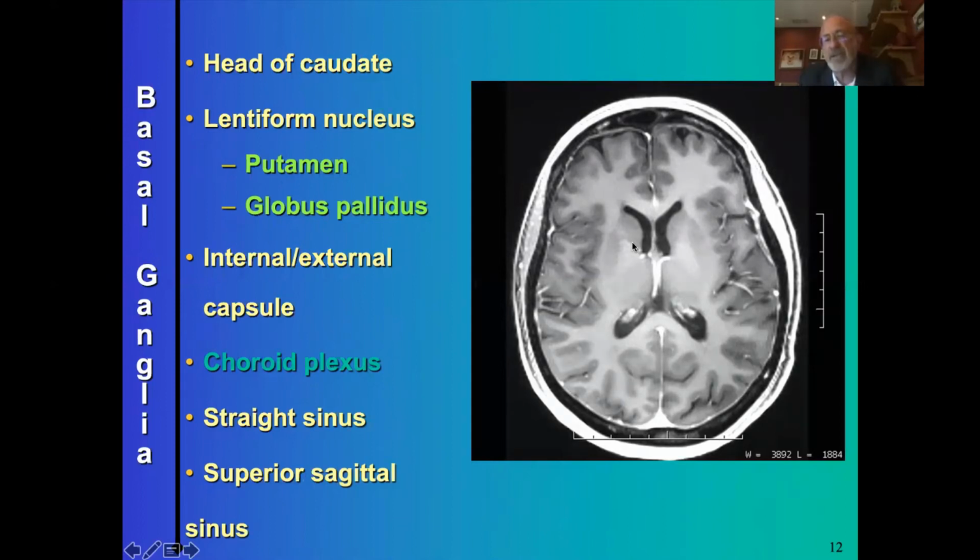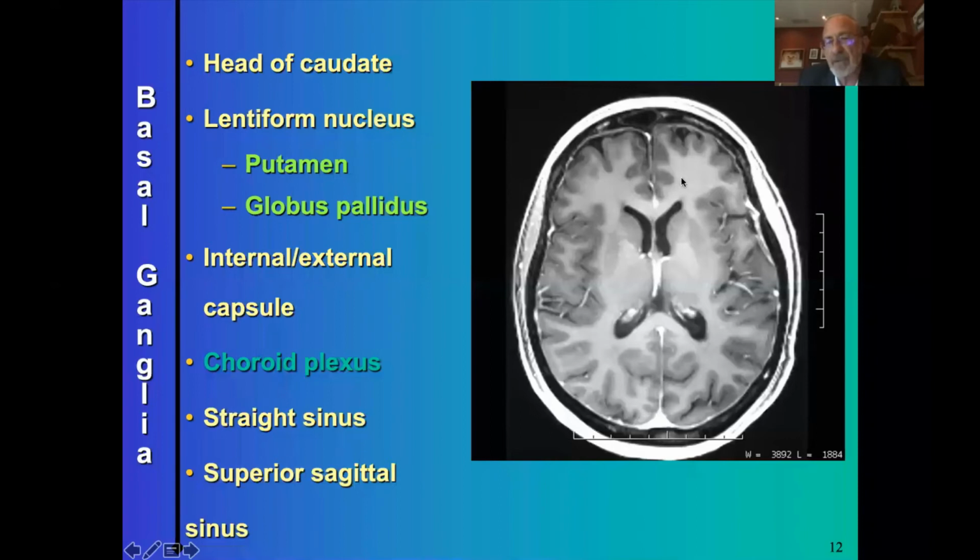We break these into what we call capsules. There's one that runs between the head of the caudate nucleus and the lentiform nucleus. This is called the internal capsule. You'll see it bilateral on both sides. Here, outside of the lentiform nucleus, you have another band of white, called the external capsule. And although we can't quite see it, there's another small basal ganglia called the claustrum. And what's found between it and the lateral fissure of the cerebrum is another one called the